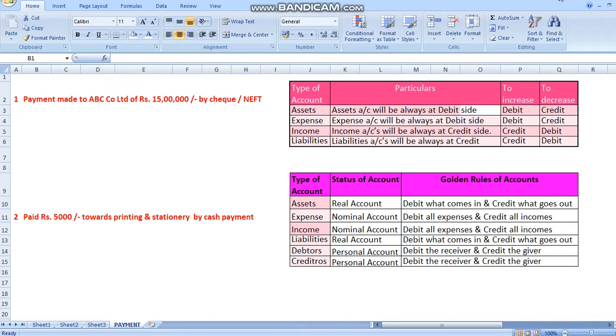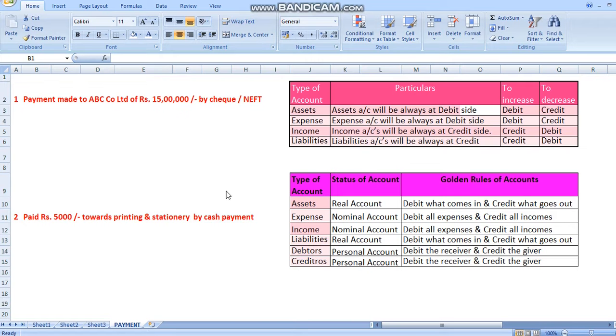One example is that assets are there. So assets will always be on the debit side only. You can see in the trial balance and balance sheet. To increase them, you have to increase by debit side. So if you want to decrease assets, which will normally be debit side, you have to do the opposite, like you have to do credit. I think you can glance through this table for a couple of seconds, so that it will be very easy for us to make any type of entries, not only payment entries, purchase, receipt, payment, any type of entries. Hope you have glanced through.